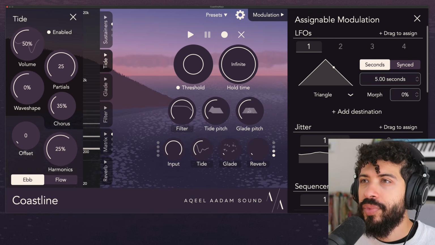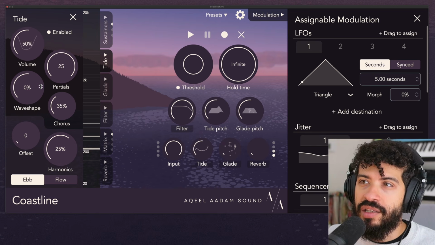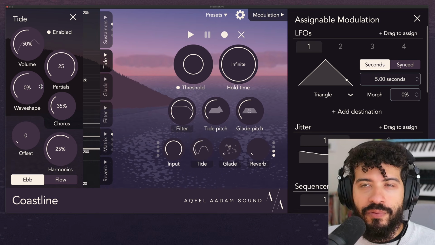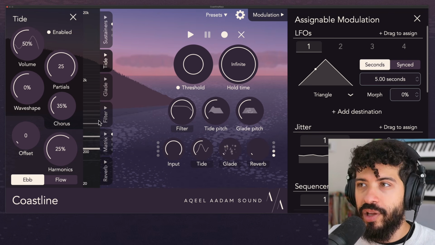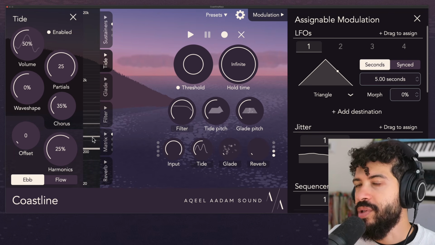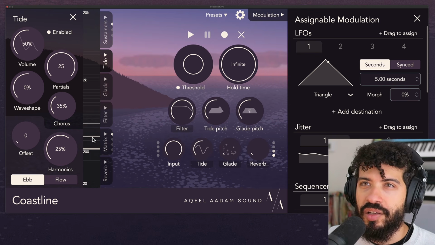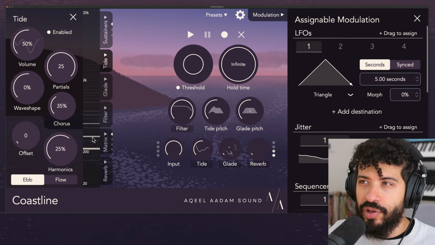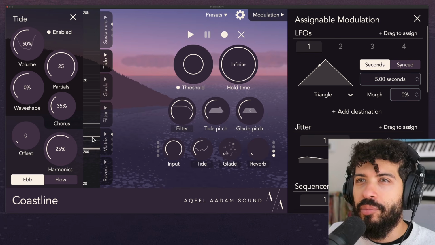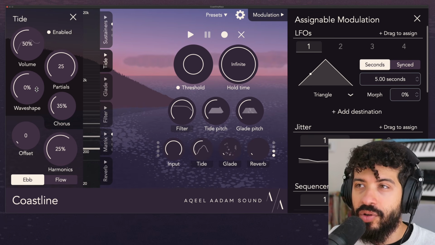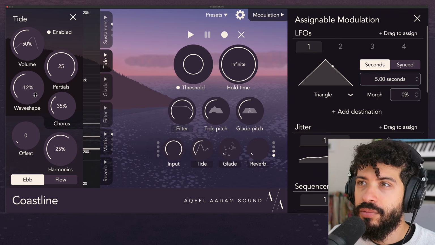The next thing is the wave shape of these partials. By default, we're going to hear sine waves, one for each of these frequencies. So the oscillators are just representing the original frequencies, and they're not really doing anything on top of that. However, we could morph the wave shape towards a saw,